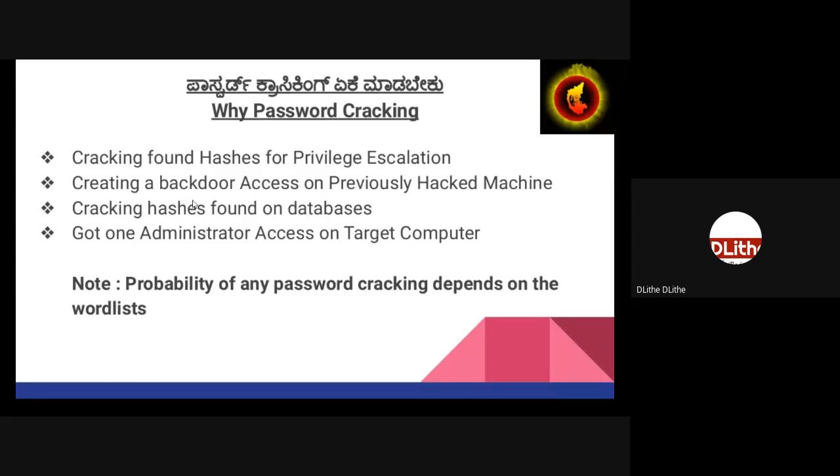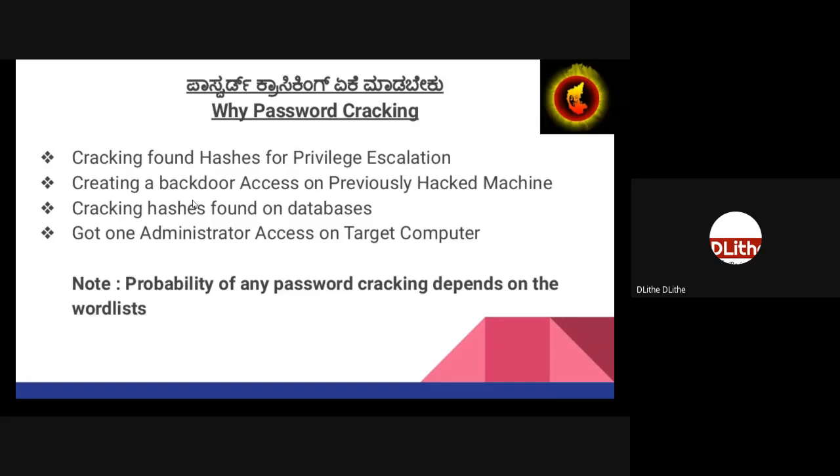Either you are in the process of privilege escalation, and if you're somehow able to get the password hash, you can get that. Or in the second case, if you've already compromised the machine and already have administrative access, you can use the cracked passwords as a backdoor. Third case, you have hacked the database online, and they are leaking some credentials, the hashes.